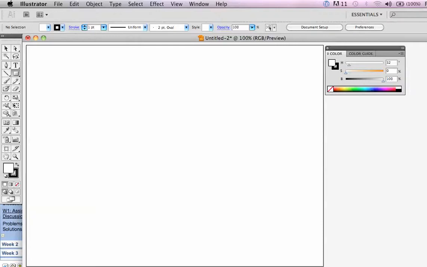So the average value of your colors in one needs to be lighter than 50%, and then the other one needs to be darker than 50%. You can, of course, have light colors in your low key image, but the average value has to be dark. So, anyway, let's start with just a basic